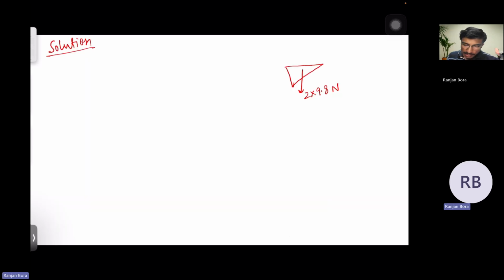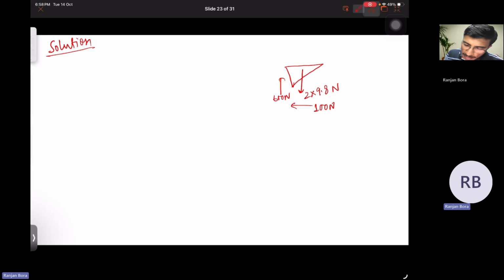Minus 100 means in the negative x direction, and in the positive y direction it is 600 Newton. And the ankle joint reaction force